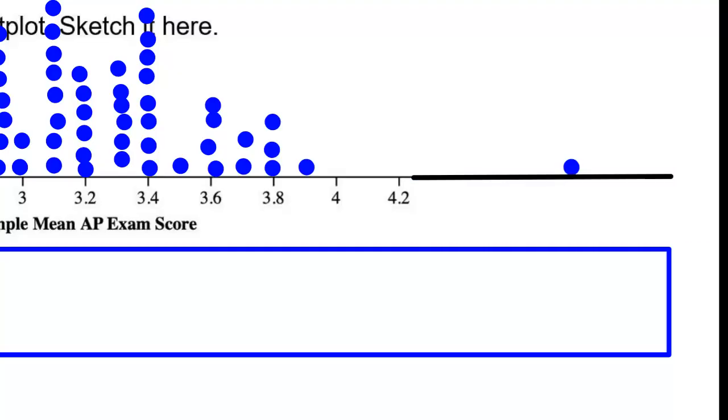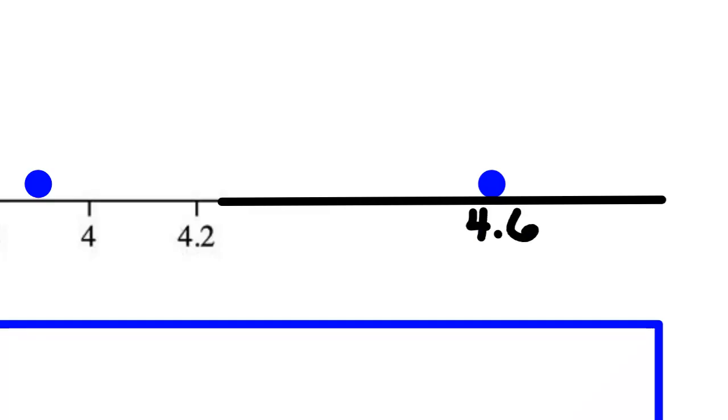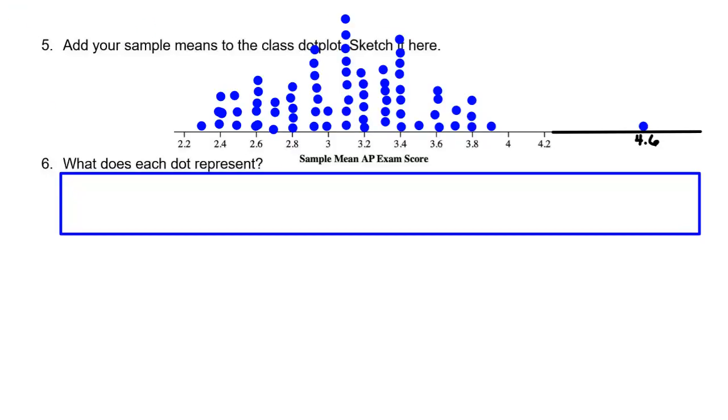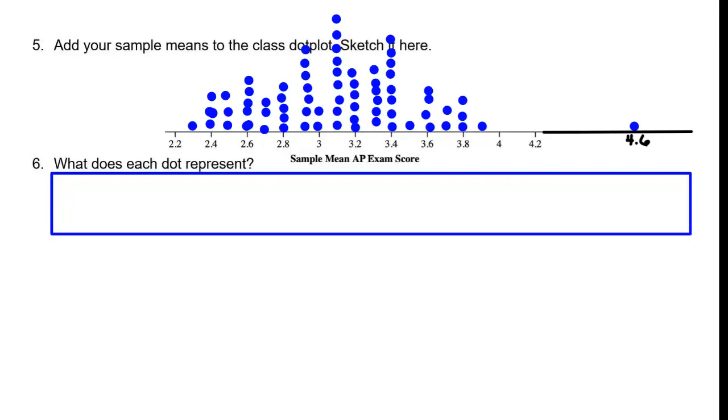This guy out here is sitting at about 4.6. Do you guys want me to read off counts? Yeah. All right. I'm going to start on the left this time. Write numbers underneath if you need to. There is 1 dot at 2.3. There are 3 dots at 2.4 and 3 dots at 2.5. There's 5 dots at 2.6, 3 dots at 2.7, 5 dots at 2.8, 7 dots at 2.9, 2 dots at 3,